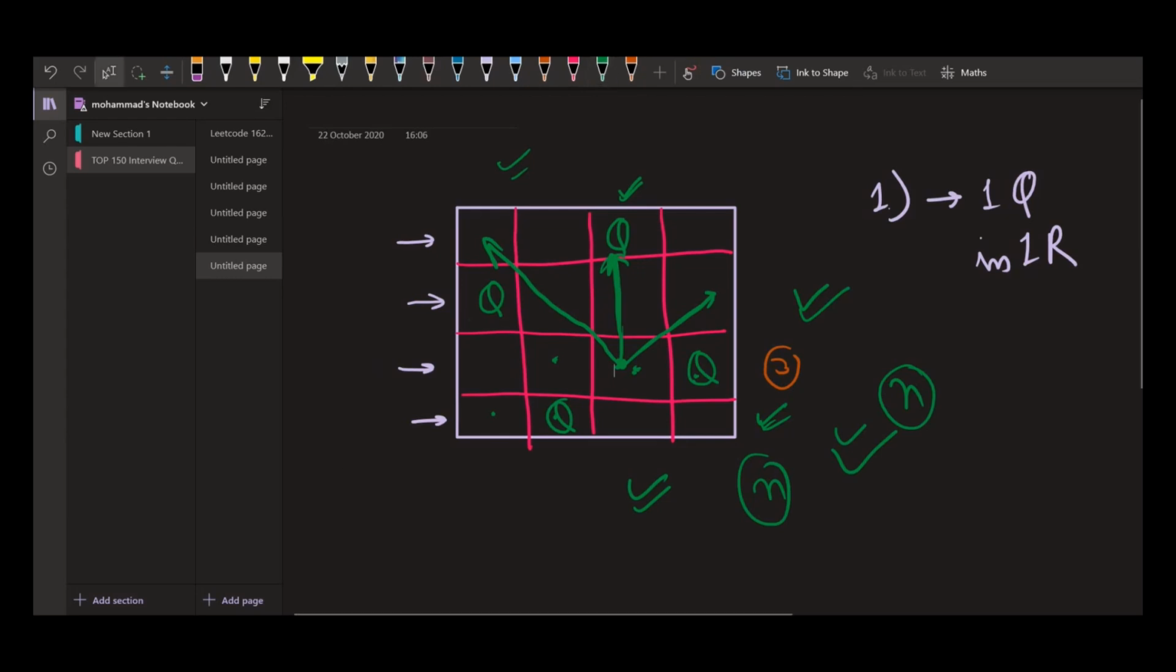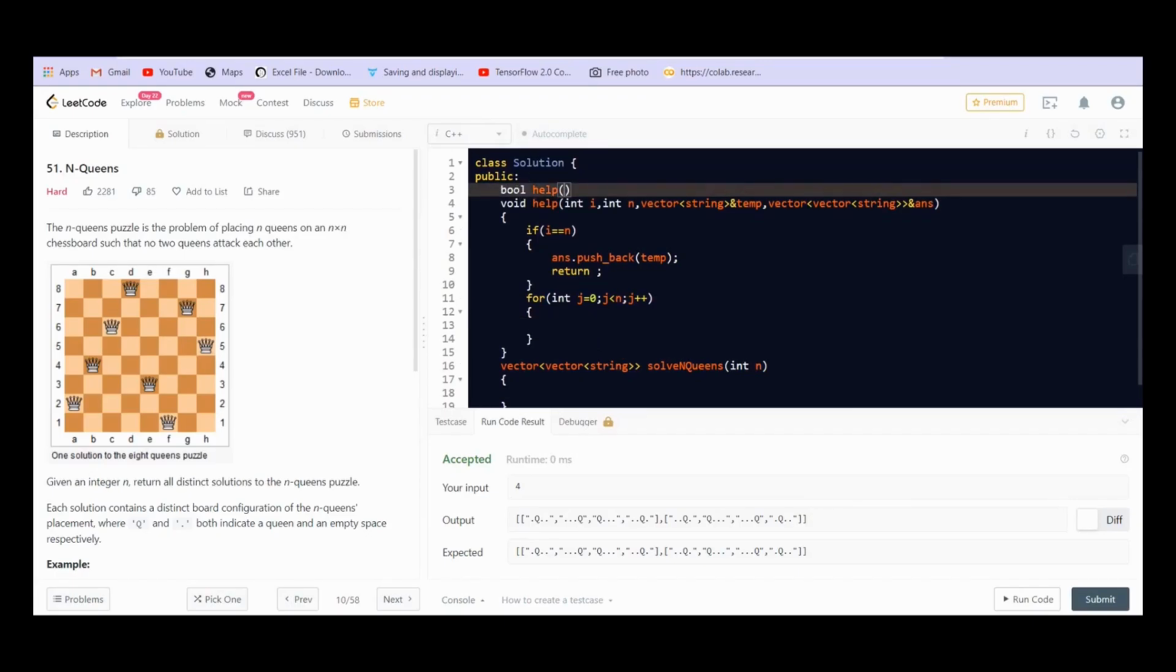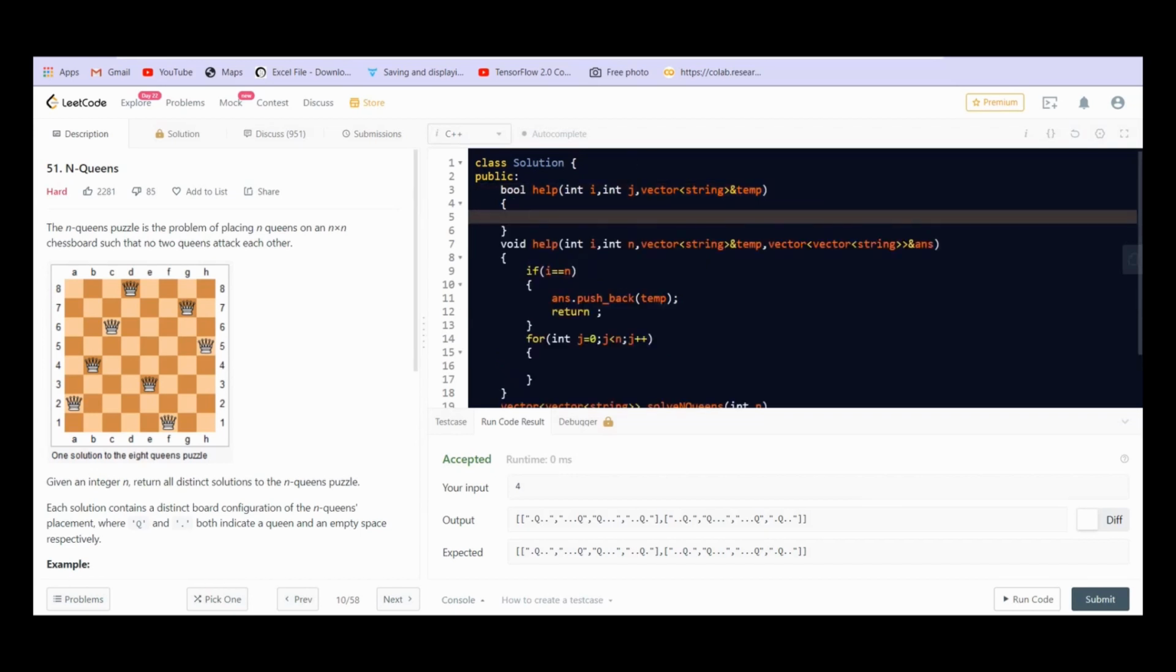So let us first create this checker function. We are creating this checker function which will be of return type bool, and it will take as an argument the positions i and j and the configuration of the board, which is vector of string temp. So this is the configuration, and as I told you, we will be moving in 3 directions. So x is equal to i, y is equal to j,